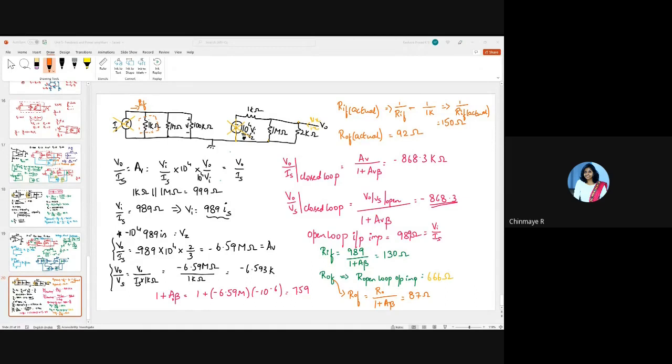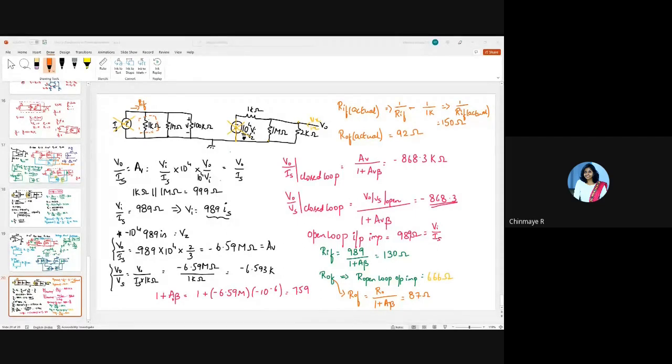So we'll just summarize what we did so far. Initially we started off with an inverting amplifier. So we identified the kind of feedback. The kind of feedback was voltage shunt, wherein you're sampling the voltage at the output and then you're feeding back current at the input, and both are done in shunt. Correct? So we also identified the feedback resistor. The feedback resistor here is 1 mega ohm, right?